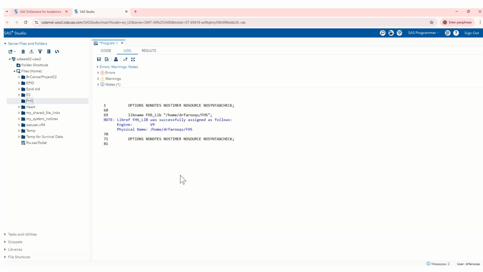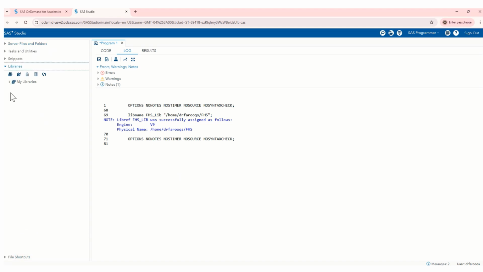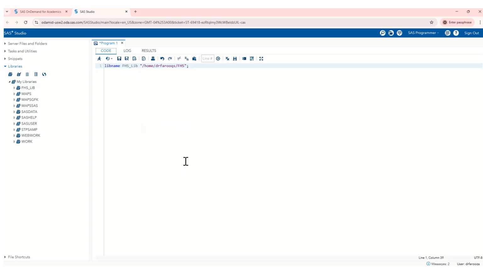And this code ran successfully. We do not see any errors or warnings. And if we go to libraries, we will see FHS lib has been created. And then, to automatically run this code at startup in SAS, because as we just learned, SAS deletes all the libraries at the end of the session except the default ones,